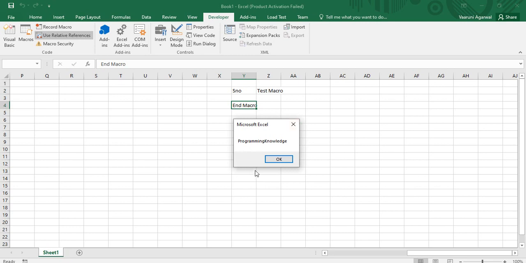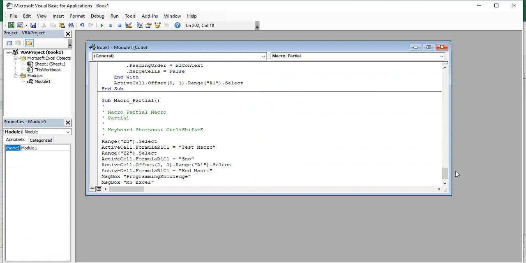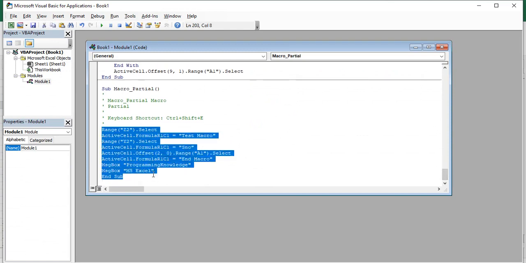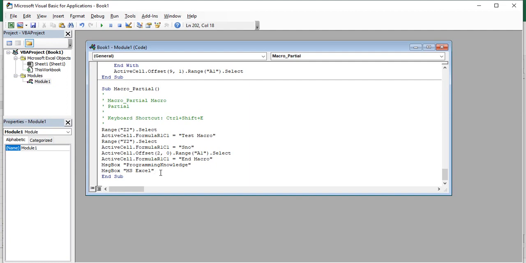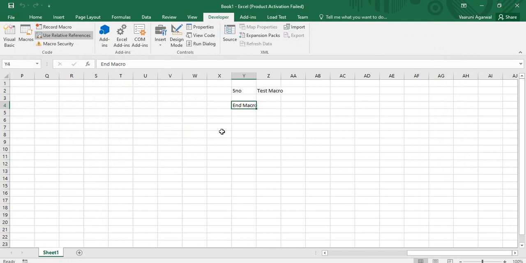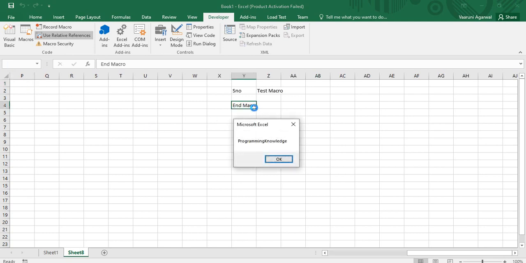So now this message box is shown, and as soon as I click on OK, another message box that I had provided, containing the message MS Excel, is now shown. So you can click on OK, and the whole code of the macro that we had created has now been run. Now you can just close this VBA, go to any other sheet and just use its shortcut, which was Ctrl Shift E, and you can see that this macro has already started. It has executed itself,